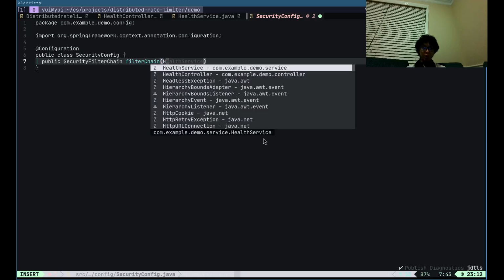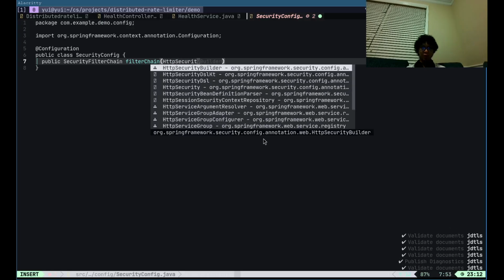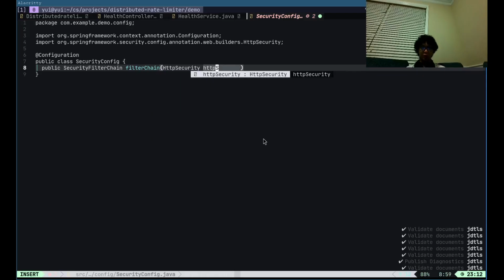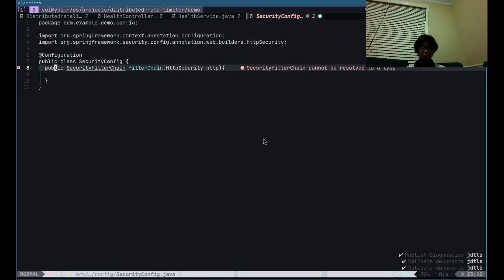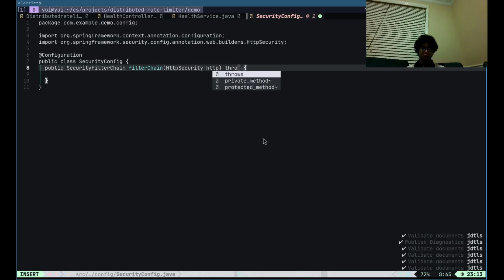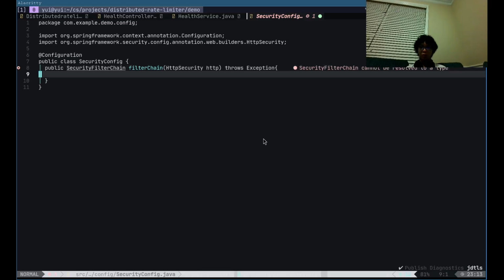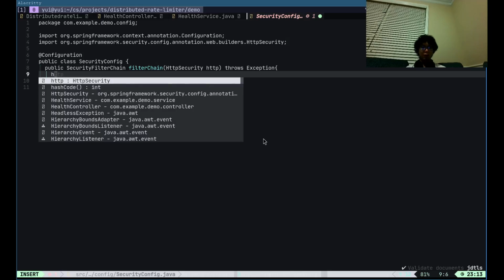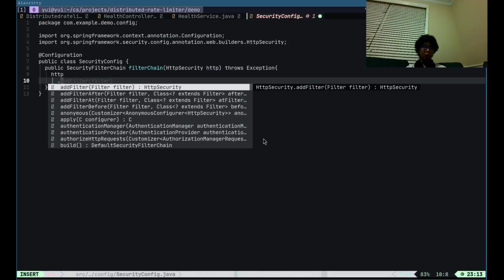The type of our HTTP we are receiving is HttpSecurity. Then we also want to throw some exceptions in case we encounter any error, right? So now our http right here, dot,